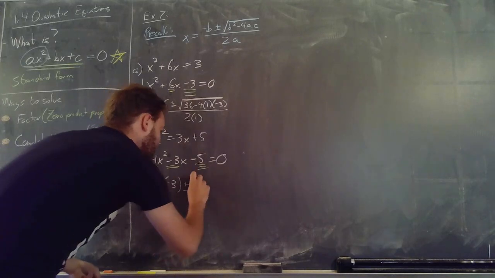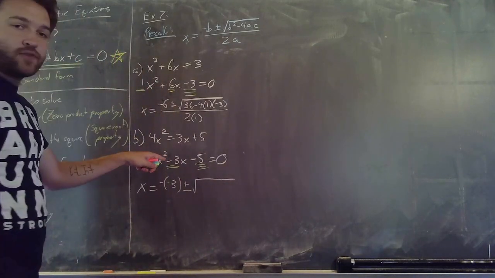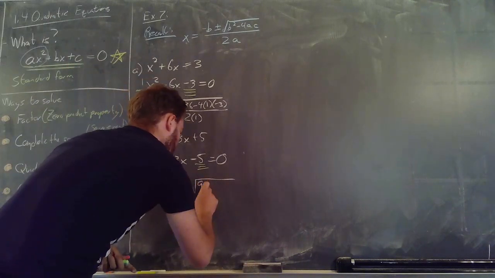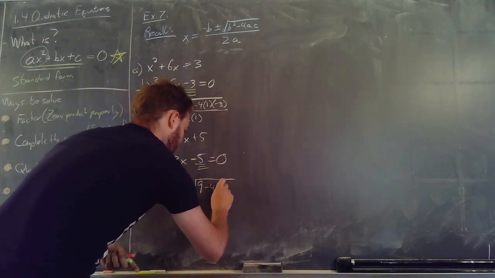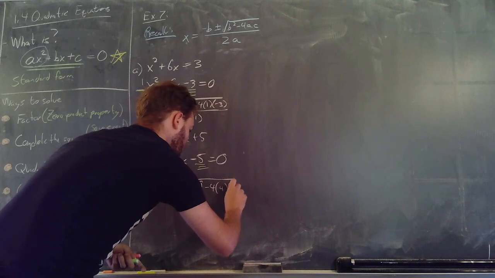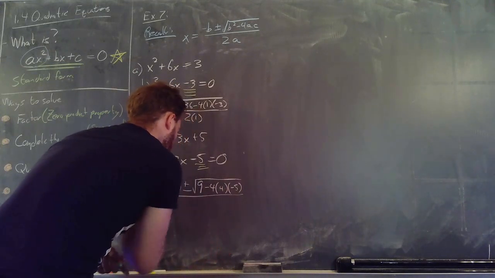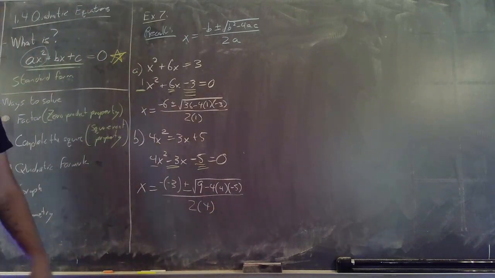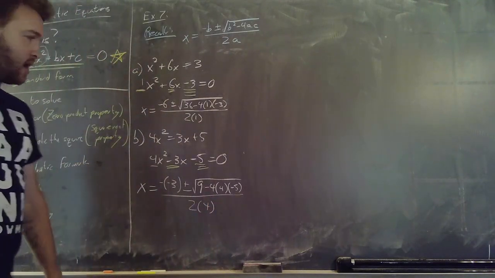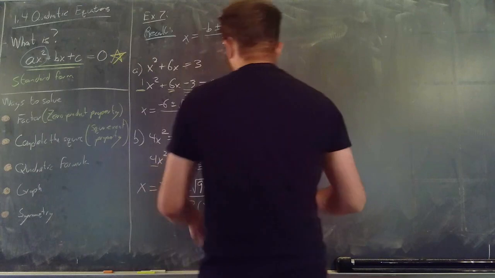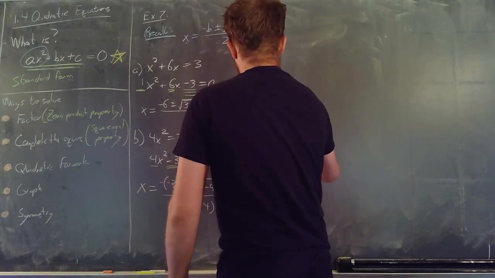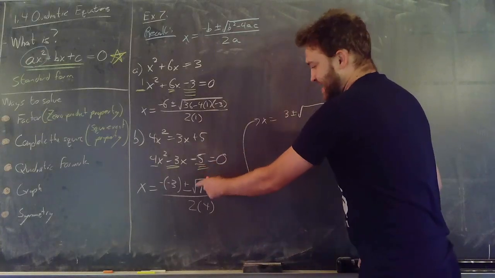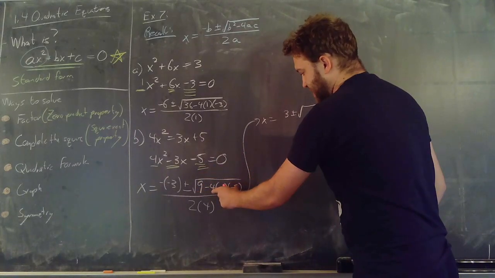It's kind of weird to have double negatives, but we get those sometimes. Plus or minus the square root of negative 3 squared, well, it's negative 3 times negative 3, that's 9, minus 4 times A, which is 4, times C, which is minus 5, all over 2 times A, which is 4. And this one I'm actually going to simplify out for you. Notice that we have a double negative here, so we're going to have that x is equal to 3 plus or minus the root of 9 minus, let's see, this is 20,